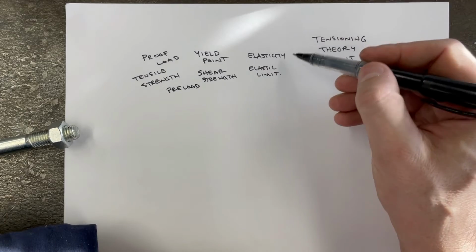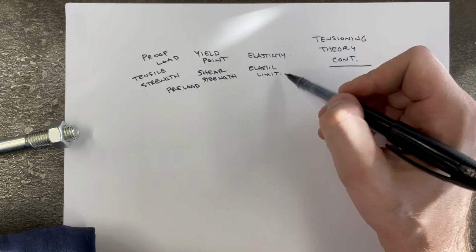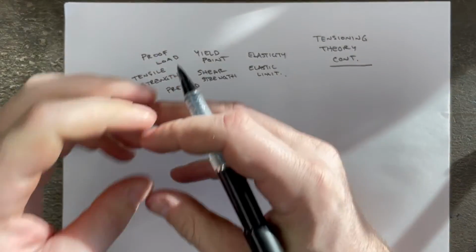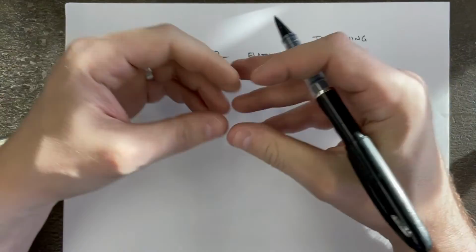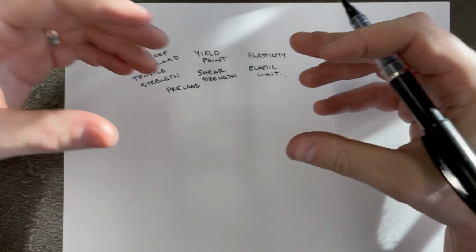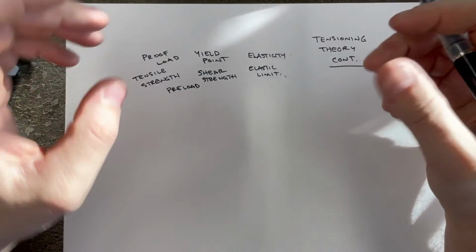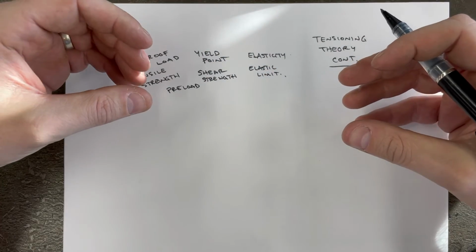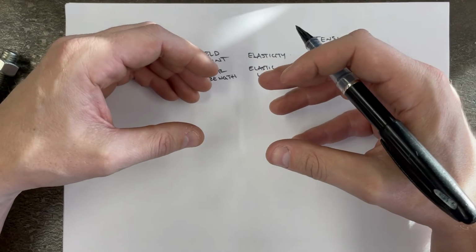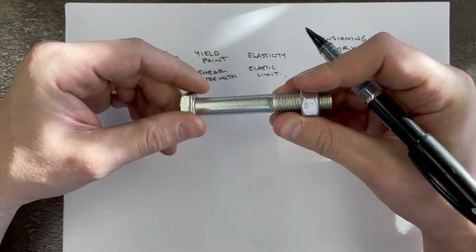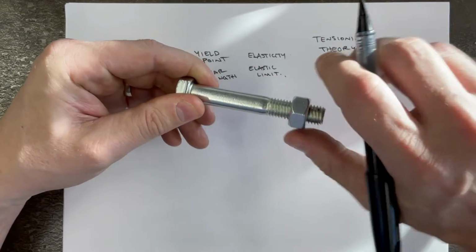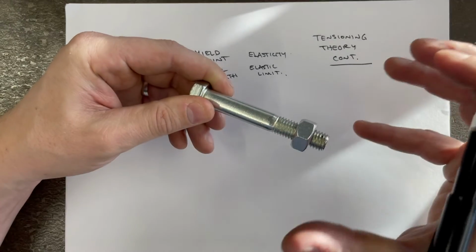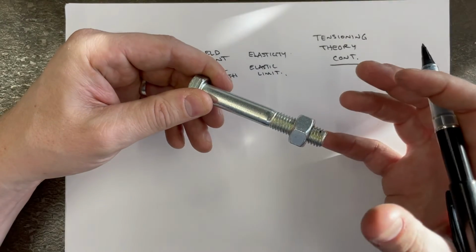Okay, so let's start off with elasticity and elastic limit. Elasticity is the ability for metal to stretch, and the metal does stretch a lot. And the elastic limit is the point where we stretch the fastener so far that it won't return back to its original state. So if I take this fastener and I crank on this nut, and then I put the biggest wrench I've got on it and I over